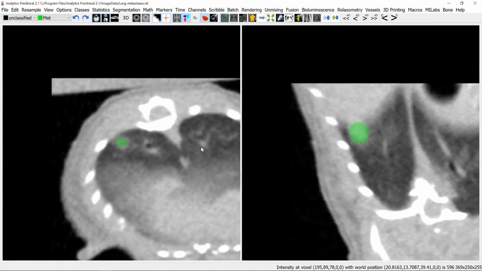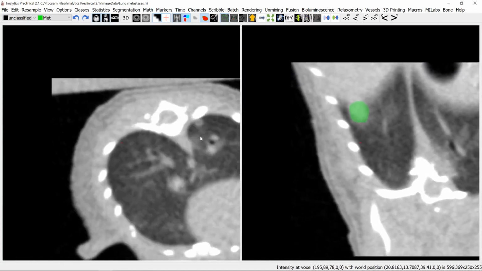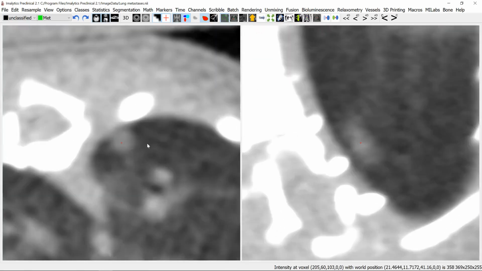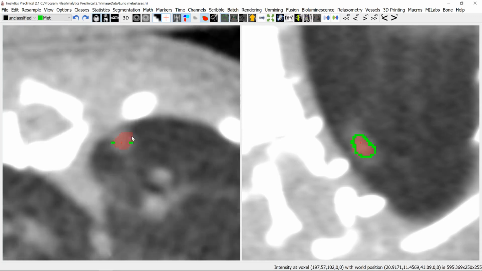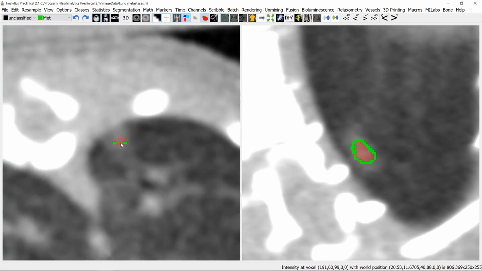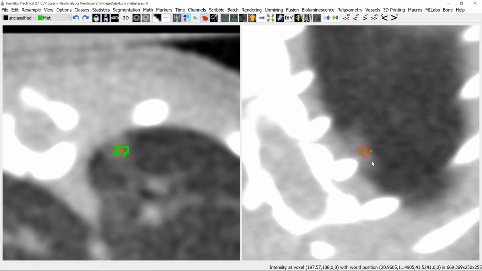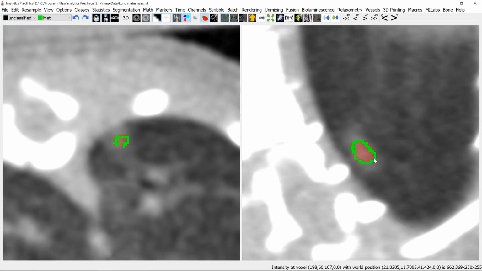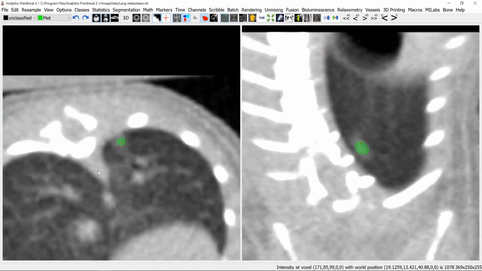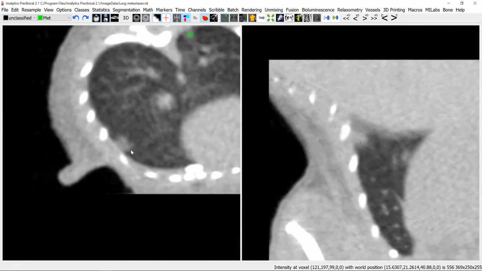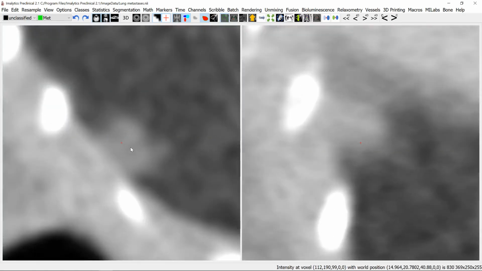Now let's zoom out, find the second metastasis, here the small one, zoom in. With F1 you can delete the scribbles, here delineate it, press F3 to combine it. Like this, here maybe a bit more of this. Just do your best and press F4 to accept it, zoom out, jump to the next metastasis, zoom in again,